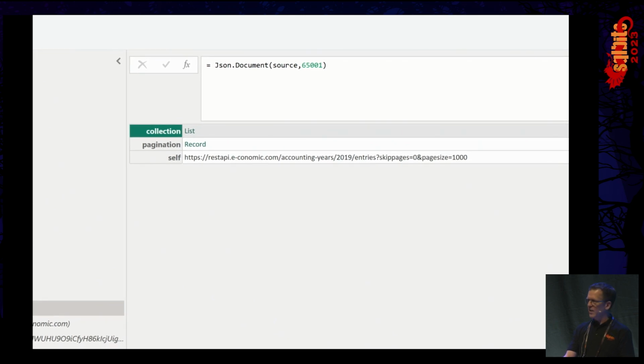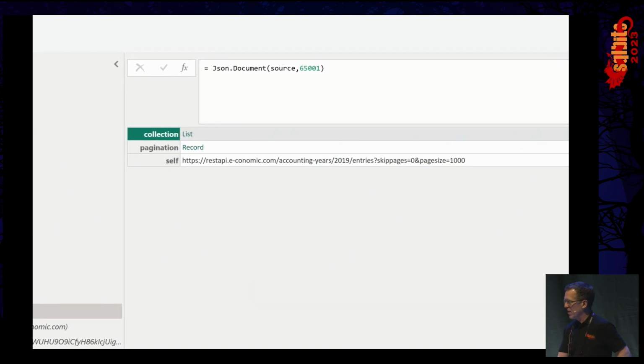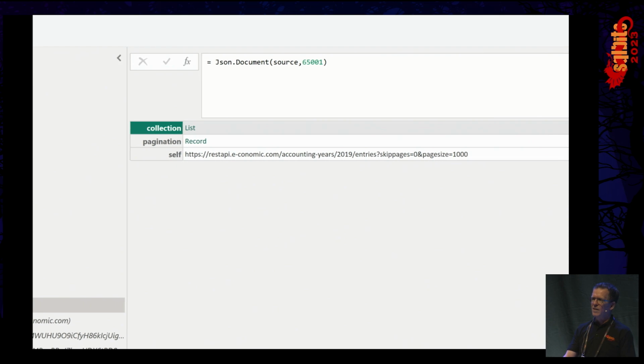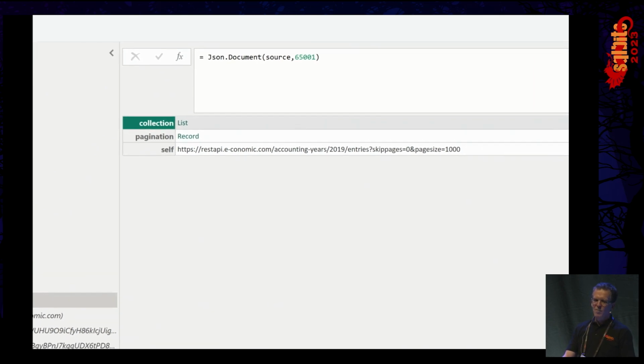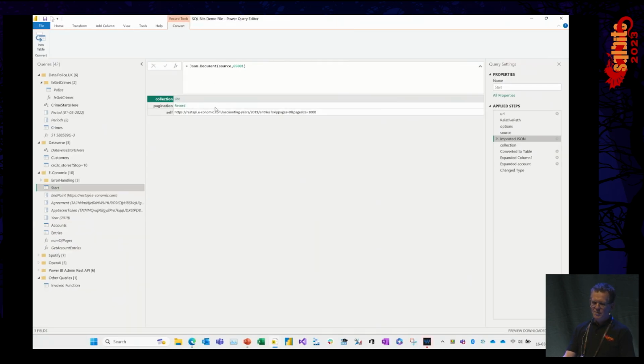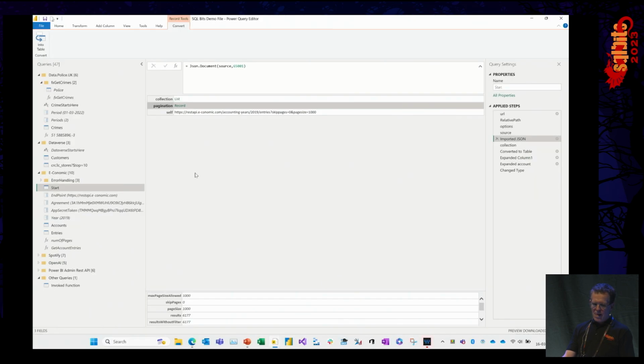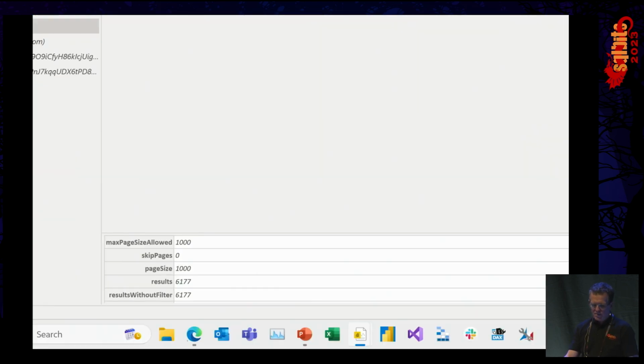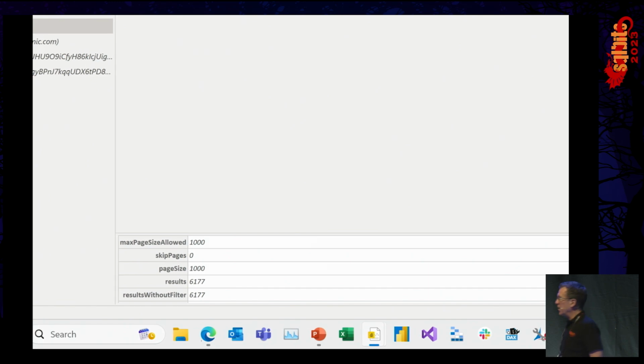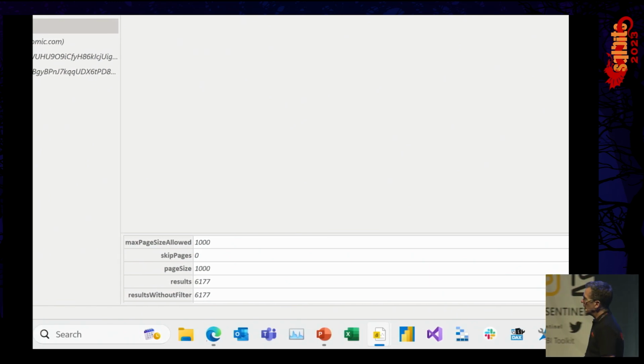Because this second field in my record, what is that? Pagination. If I don't specify anything, I will only get 1,000 rows back. And when I look at my accounting figures, I would like more than the first 1,000 rows. I would like all of it, right? Otherwise, my bank account won't